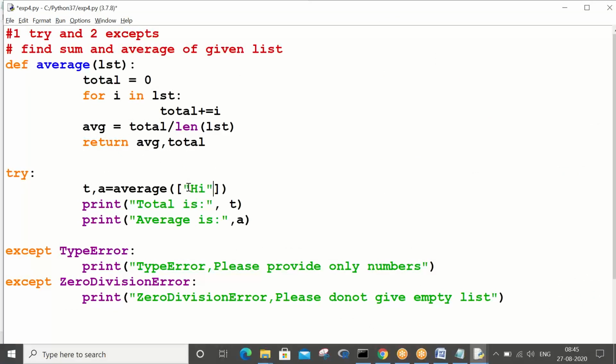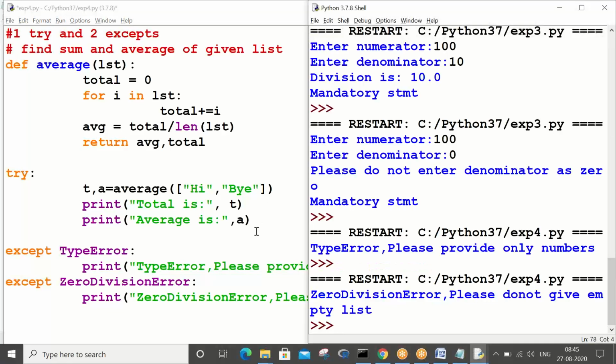Please take it like this: hi, bye. When you give this the first time, the output is what?